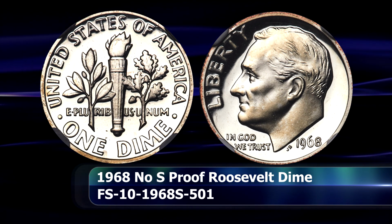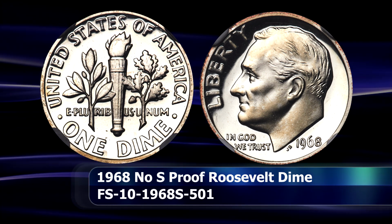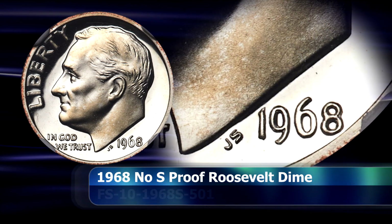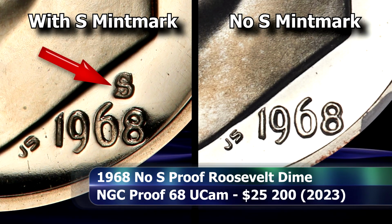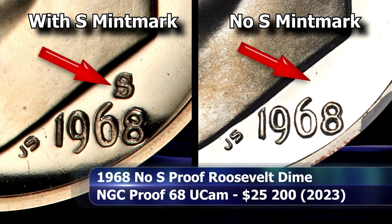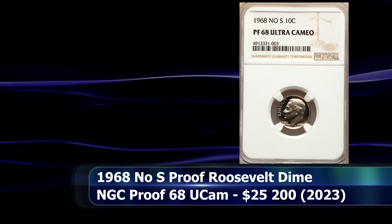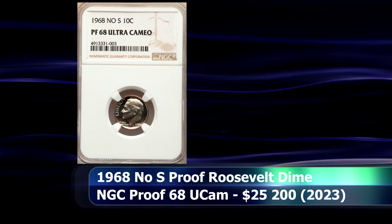Amidst this flurry of activity, a small number of proof Roosevelt dime coins were minted without the San Francisco Mint's S mint mark on them. Today, only 41 of these rare no S varieties appear on the census report. Graded here by NGC as Proof 68 Ultra Cameo, this coin was sold at auction for